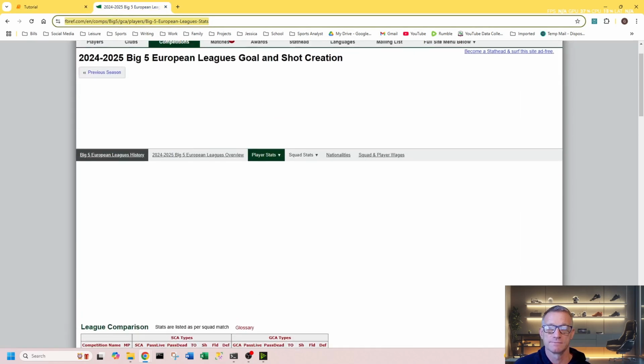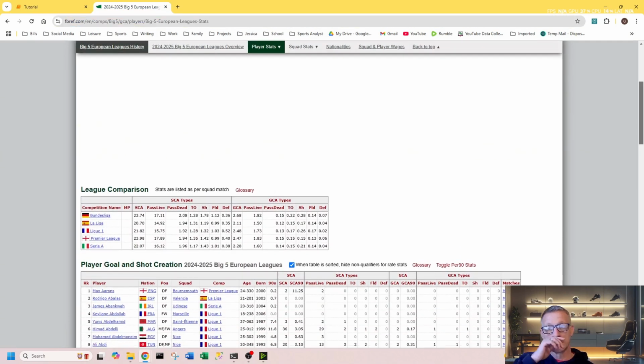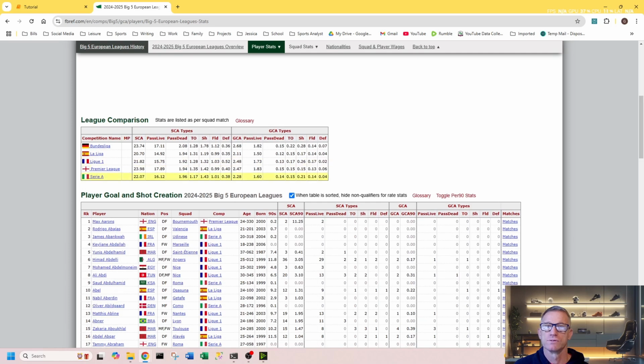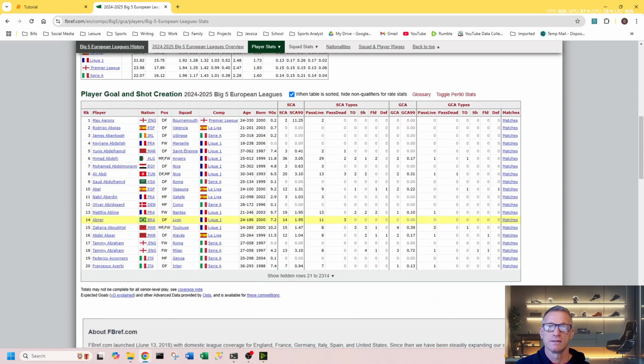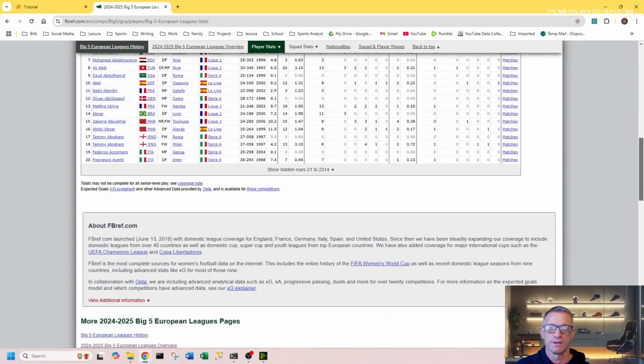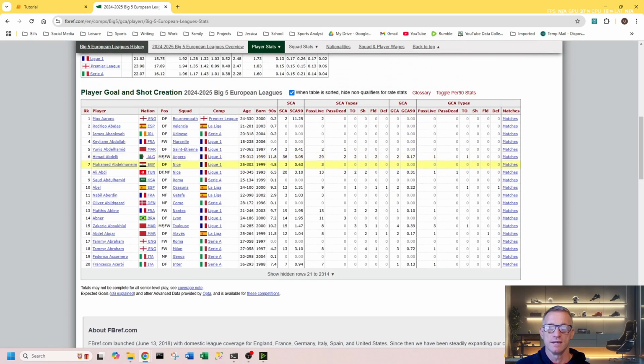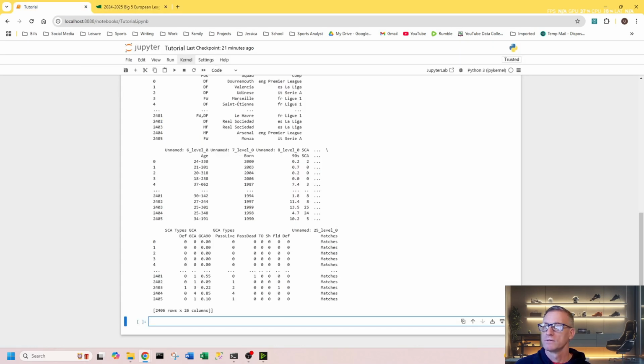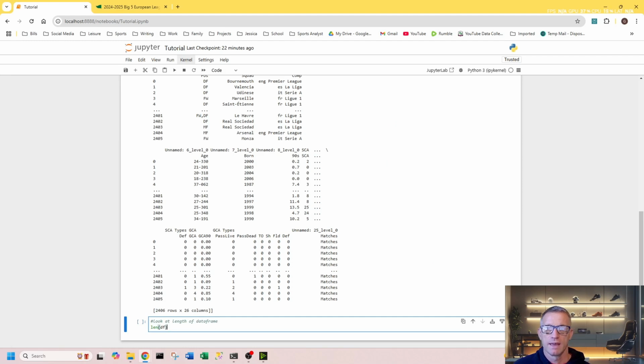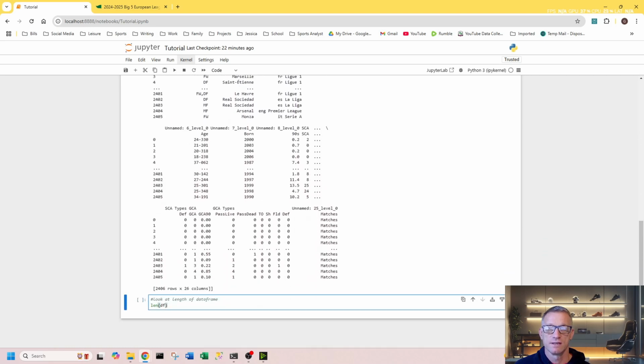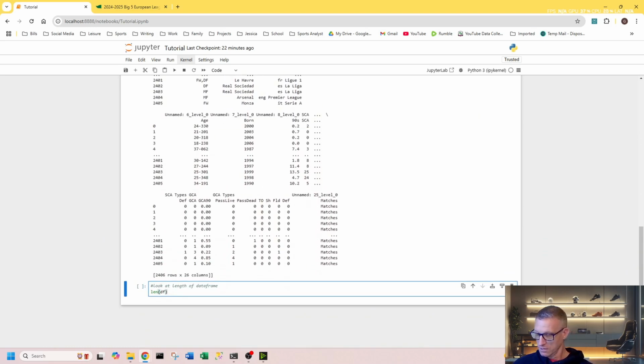If we go back to here, you'll see there's a number of tables. There's one up here where you can break down into particular leagues, and then you've got the player and shot creation table in here. So what we need to do next is have a look at the length of the data frame. If you type len and then df in parentheses, we hit shift and enter,